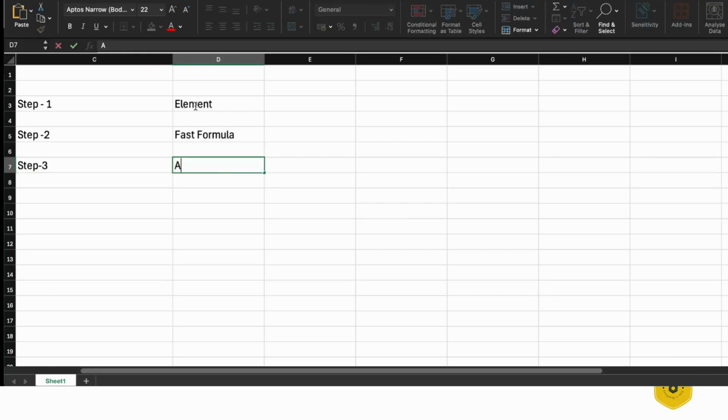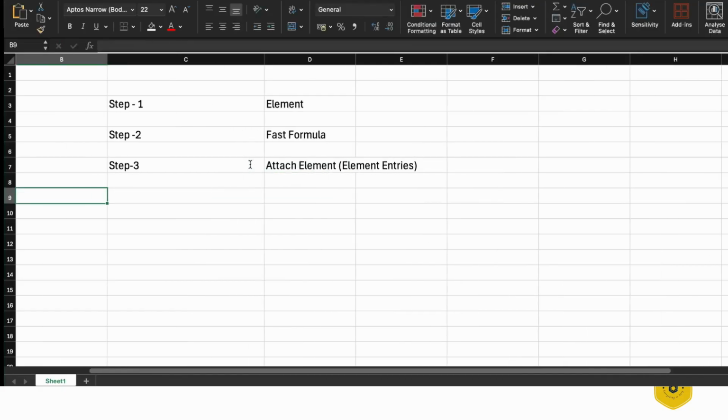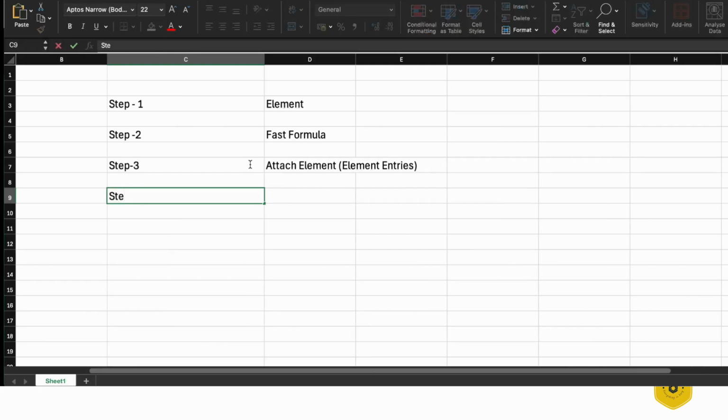We will attach the element that we are creating at step number one to any employee. We'll attach the element as a part of the element entry. And after that, as step number four,